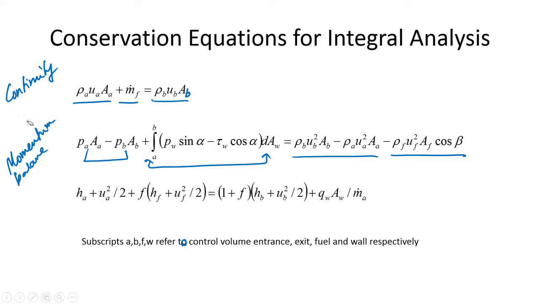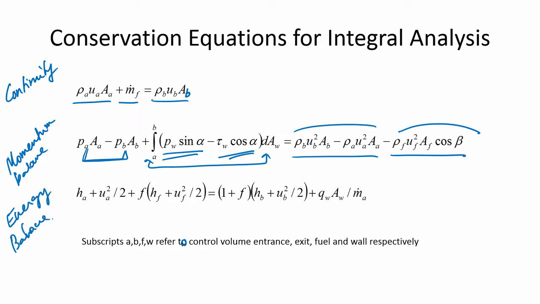So this is the force arising due to the pressure forces at the inlet and the exit. This force, W sin alpha, arises due to the fuel and the wall interactions. This is the shear stress that arises from the walls, and this is the inertia force changing due to the flow acceleration or deceleration, and this is due to the fuel injection. Okay, so these are the forces, and then of course you have to use the energy balance,